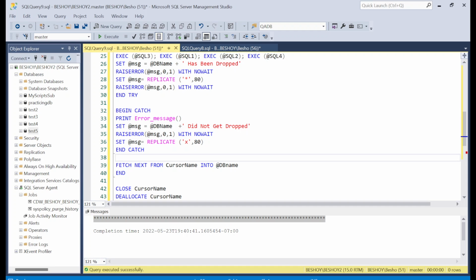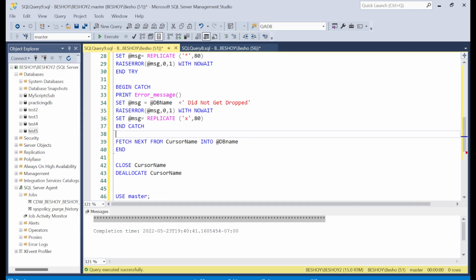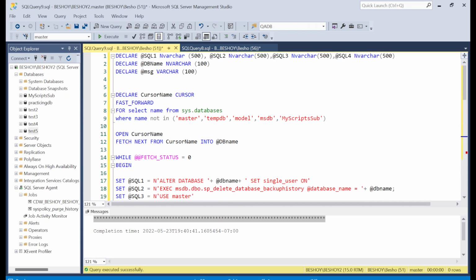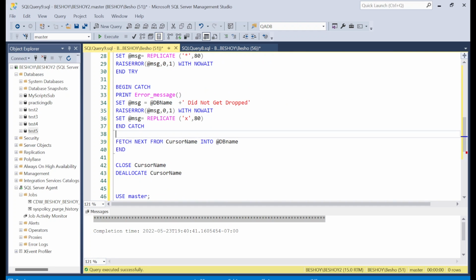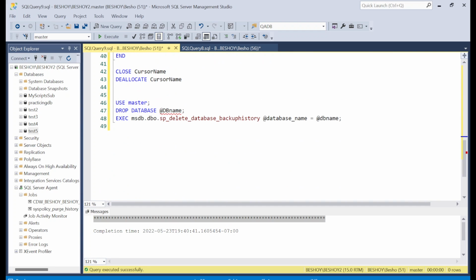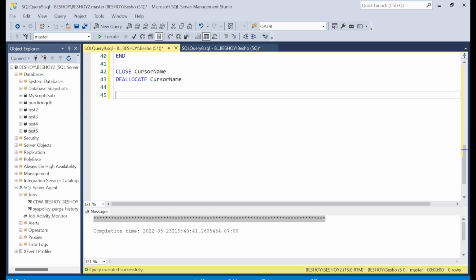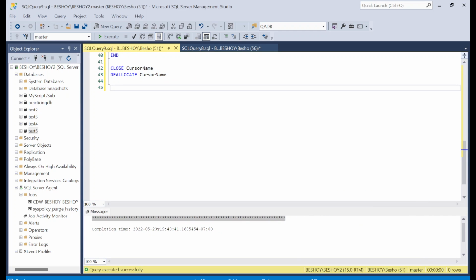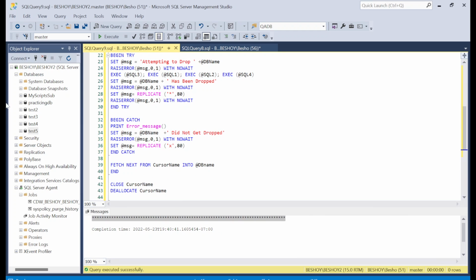And I think we are ready to give this a try. Let's see. Yep, everything looks good. Let's clear this. And what I would like to do, again, all these databases are really, really small, so this would finish executing in a fraction of a second. So what we can do is